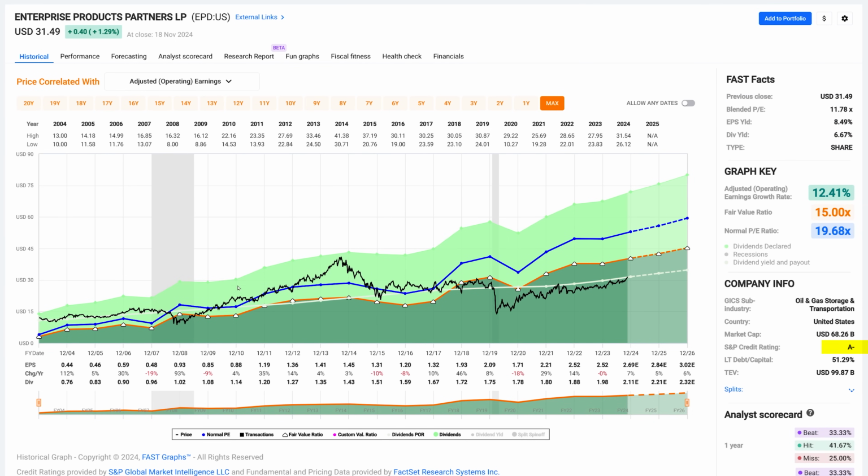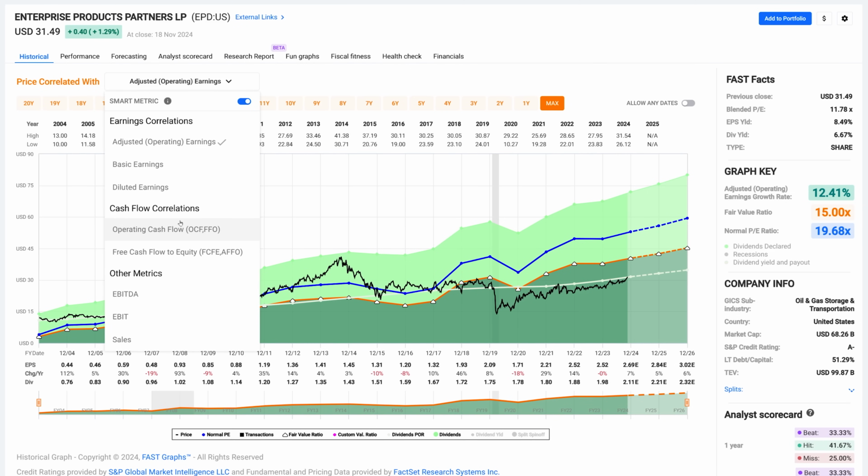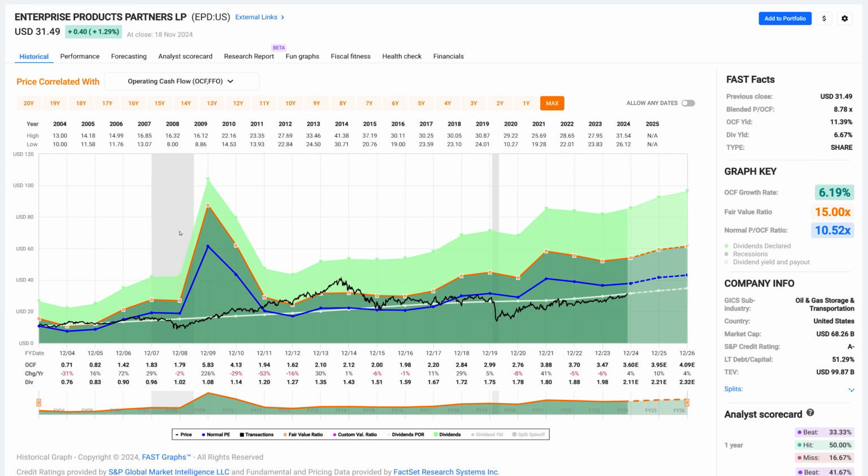It's an A- stock. You can see the white line, the dividend record is great, but it makes more sense because this is an income vehicle to look at it from an operating cash flow, and I want to see the orange line above the white line, or even the blue line would be the same. I'll just take that off to make this graph look a little clearer. Take the blue line off. So they'd have plenty of operating income to pay their dividend, and you can see their dividend has steadily